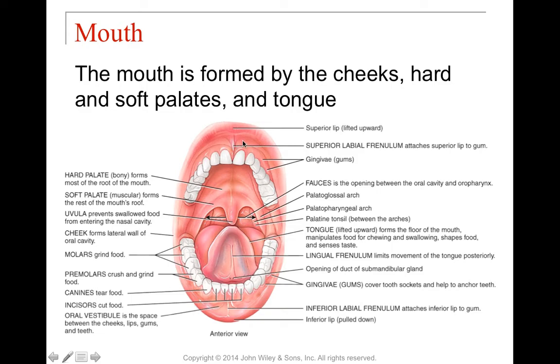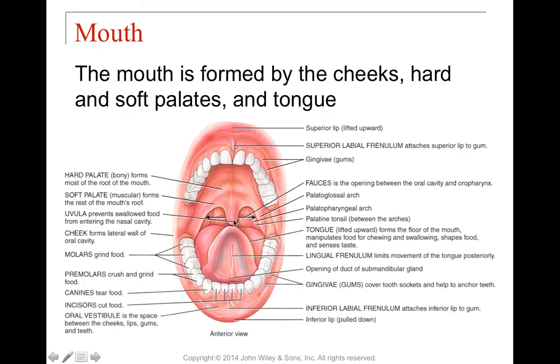Here's the labial frenulum, which is the top, or the inferior labial frenulum at the bottom, and the lingual frenulum underneath the tongue that allows for the tongue to move around. If we move inward inside the mouth, we have the hard palate here. It's quite bony and it's going to be covered in gum, right? The soft palate here is not bony, it's muscular, it forms the rest of the roof of the mouth,